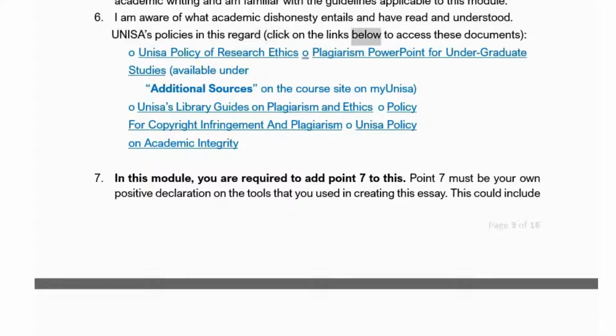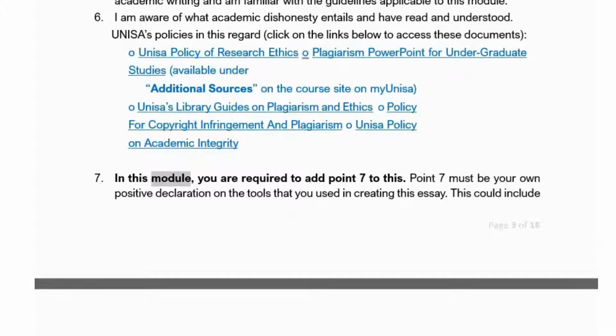Click on the links below to access these documents: UNISA Policy of Research Ethics; Plagiarism PowerPoint for undergraduate studies, available under additional sources on the course site on MyUnisa; UNISA's library guides on plagiarism and ethics; Policy for copyright infringement and plagiarism; UNISA Policy on Academic Integrity.